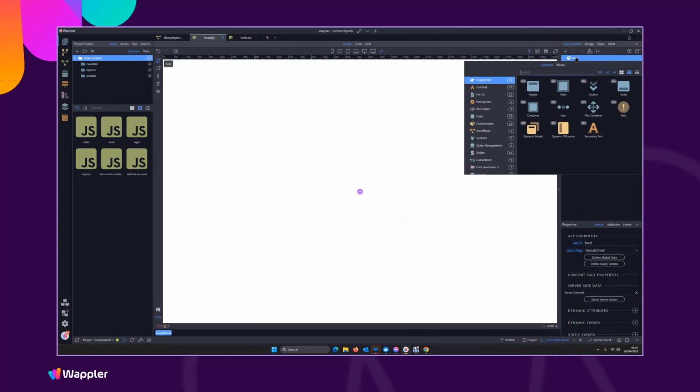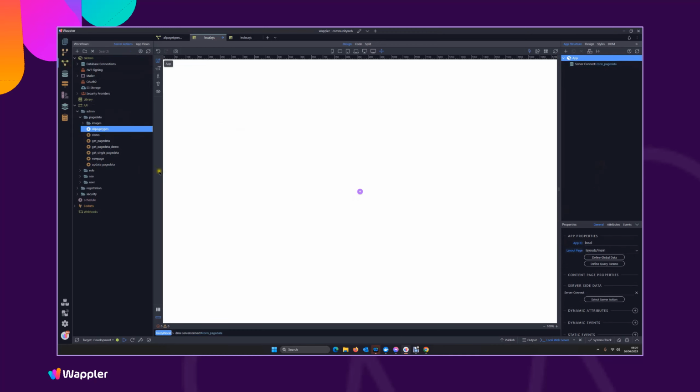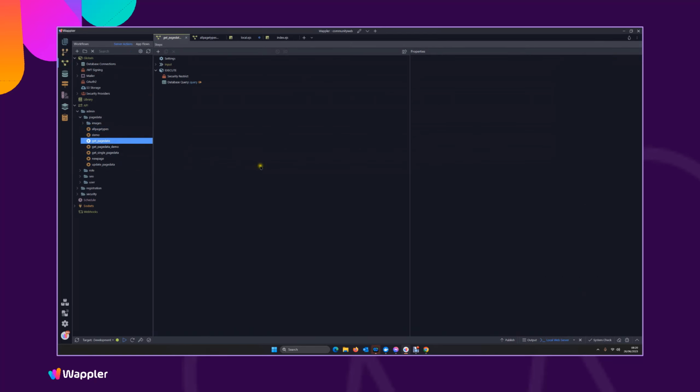First thing I'm going to do is add a server connect, con page data, and we're going to select the action that we would require. Now I'm just going to stop there because actually I'm not going to. Sorry, I forgot to do something. We have the get page data query there, but that's actually protected by a security restrict, and we don't want